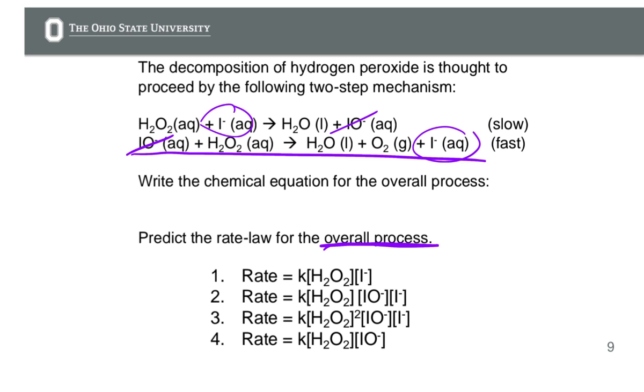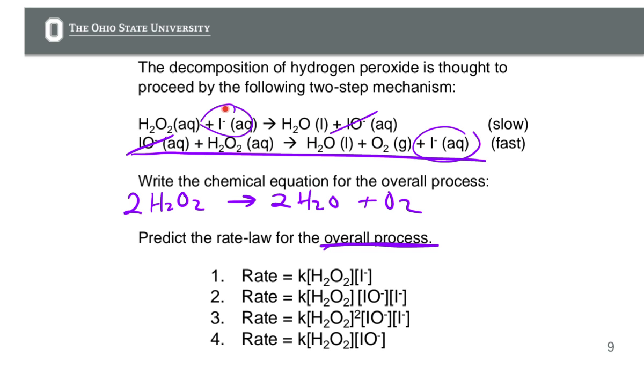So for the overall process, we have H2O2 plus H2O2. So we're going to have two H2O2s form 2H2O plus O2. Again, being sloppy and leaving off all my phases. Okay, everyone okay with that? All right. So I minus